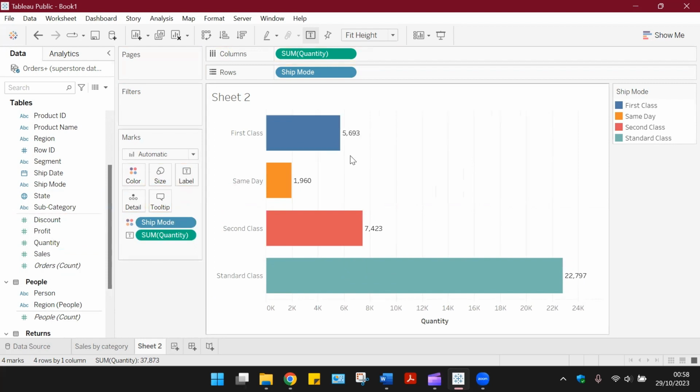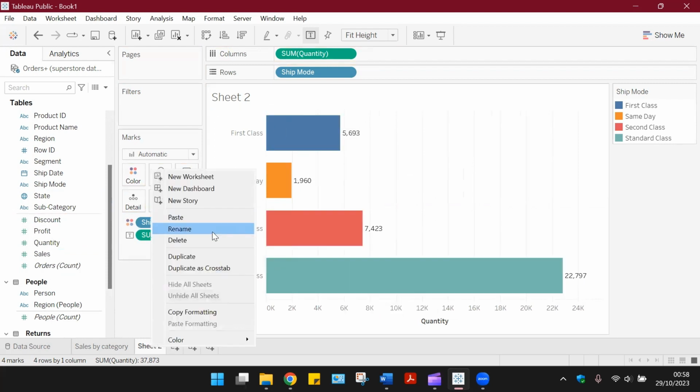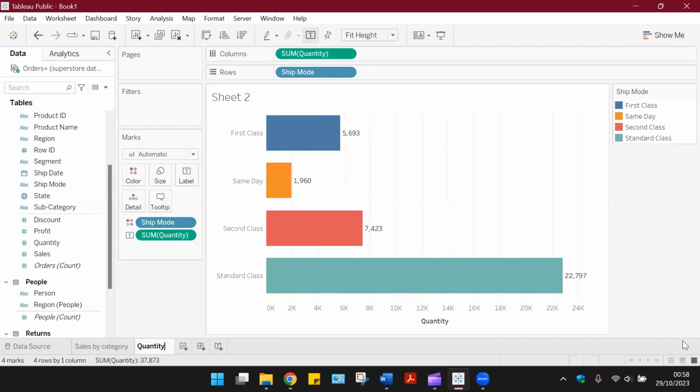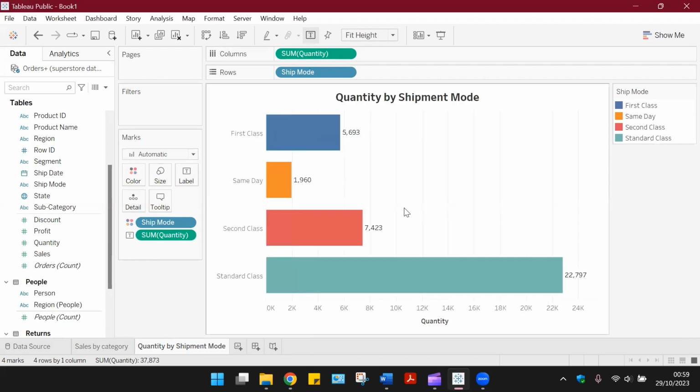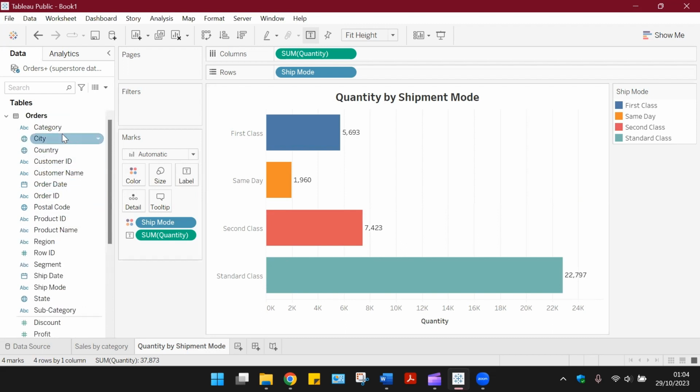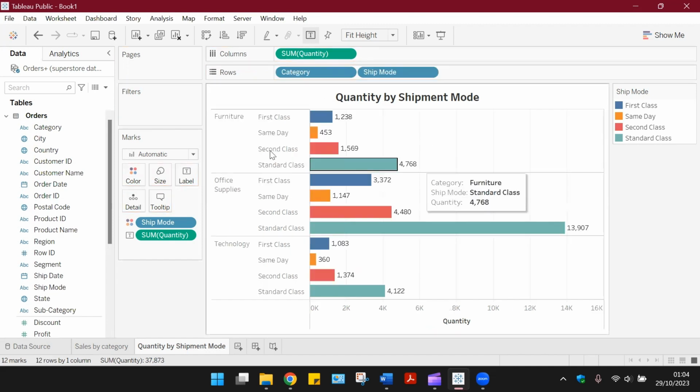To see how many items were shipped through the shipment mode, we need to rename these to quantity by shipment mode. Format these center, bold, and use the table. Bold, there we are. In cases where we want to add more variables, that is fields, we can take these and place it before the shipment mode, and you'll realize that now our chart has been separated into 3 distinct parts